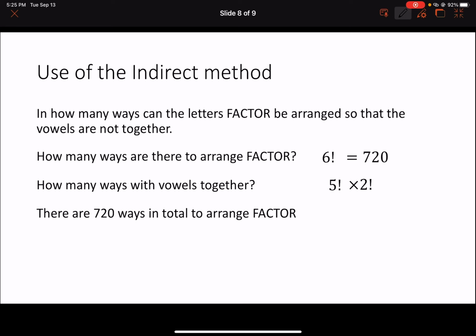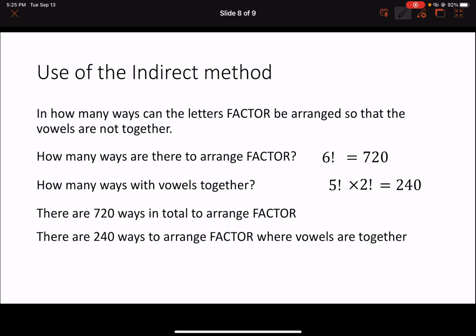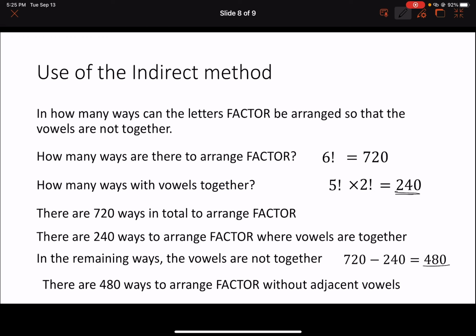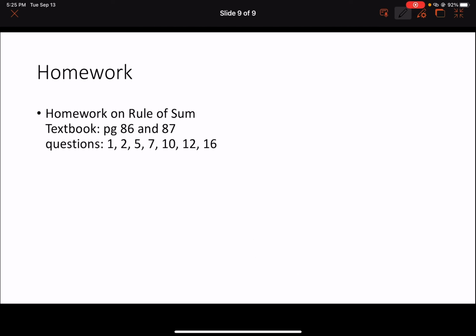And then there are 720 ways in total. 240 ways to arrange FACTOR where the vowels are together. In the remaining ways, the vowels are not together, so there are 480 ways to arrange FACTOR without adjacent vowels. Okay? And this is your homework, and that's the end of